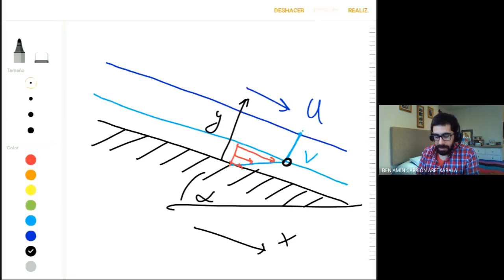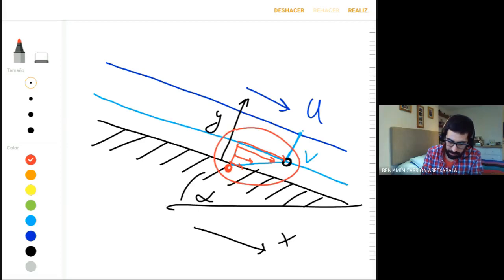I wanted to make this difference because normally you're going to see this plate moving, but in reality there are no plates moving. All right? It's the same fluid most of the time that's going to induce a shear stress. Okay, and that shear stress is going to induce in time a difference in velocities. At some point, because water tends to stick together, you're going to have a large velocity, like here, and at some point you're going to have zero velocity at the boundary. All right, and this gradient here,